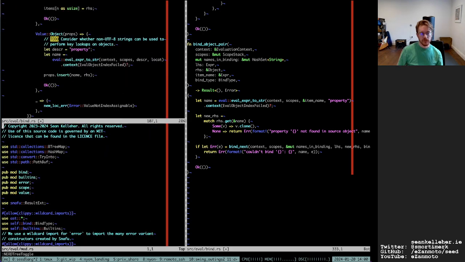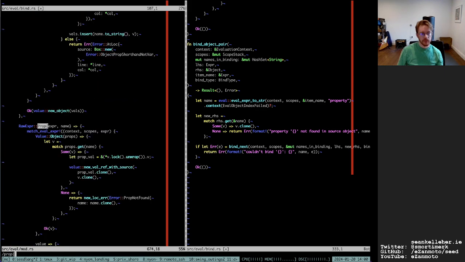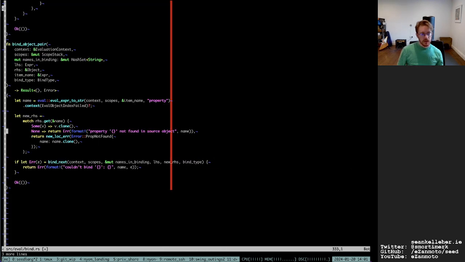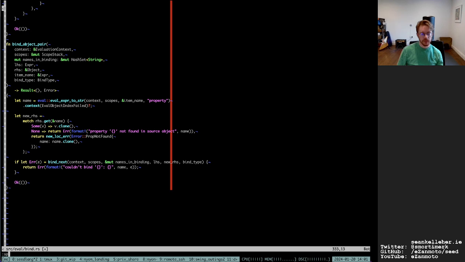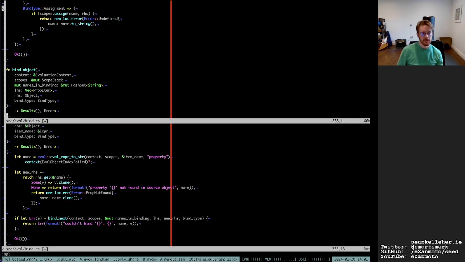Go to mod and we see what we get when we do a prop lookup that fails. Prop not found. Yeah, it would be nice to do a location error. I guess I'll be able to do that by decomposing the expression.